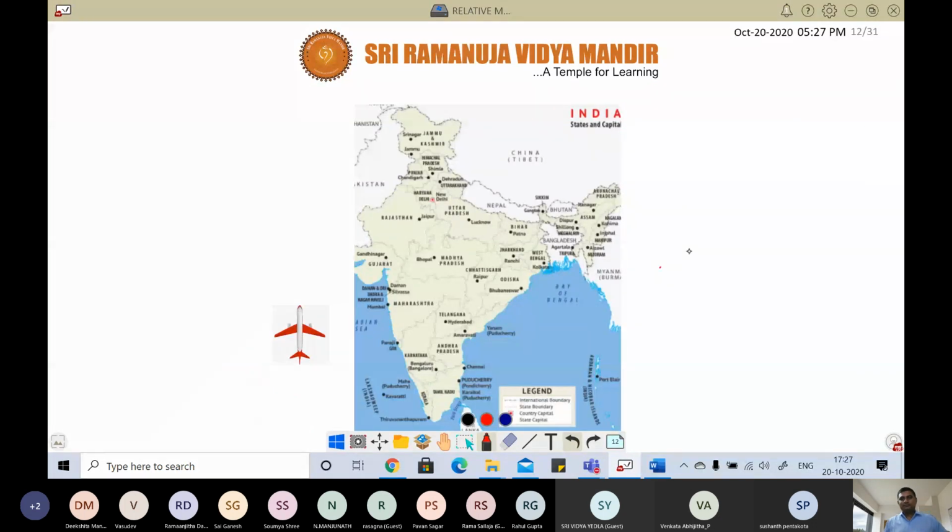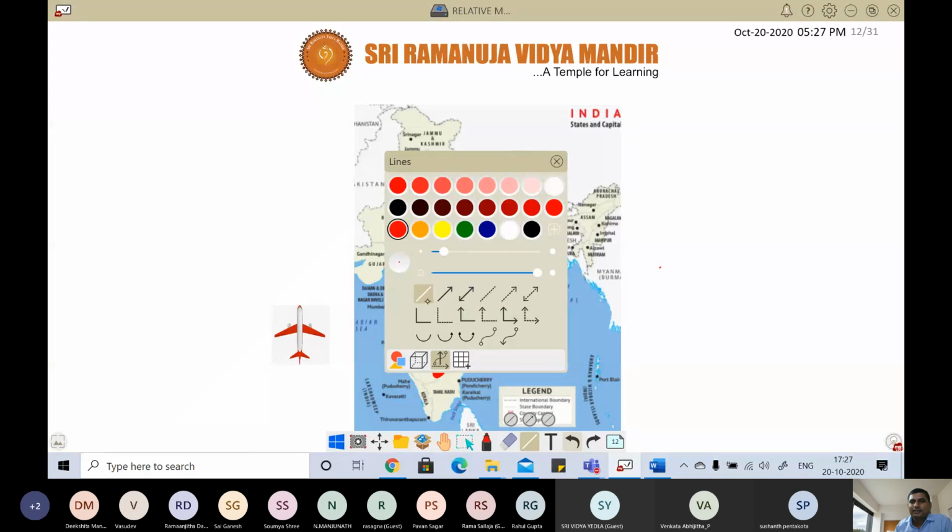Now see here. This is our India map. Now there is an aeroplane. Suppose you want to go from, let's say, Bangalore to Delhi, because that is a straight line path. That is easy to understand. So here is Bangalore, somewhere around here, and this is New Delhi. Let us assume for a moment they are in a straight line.